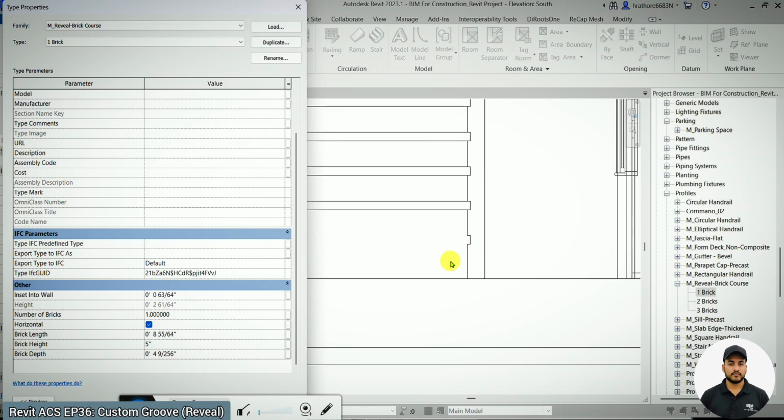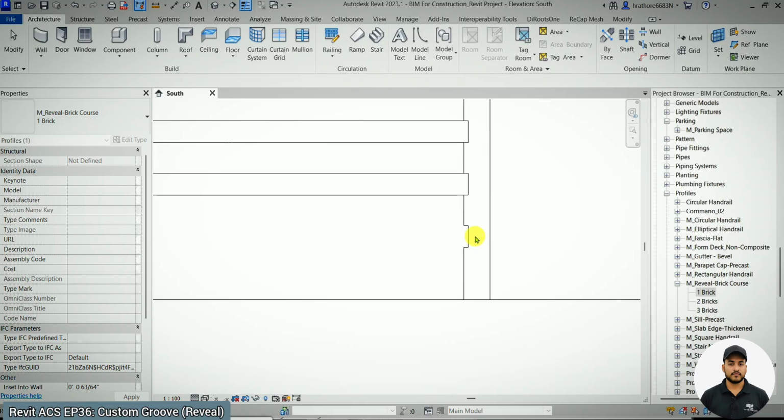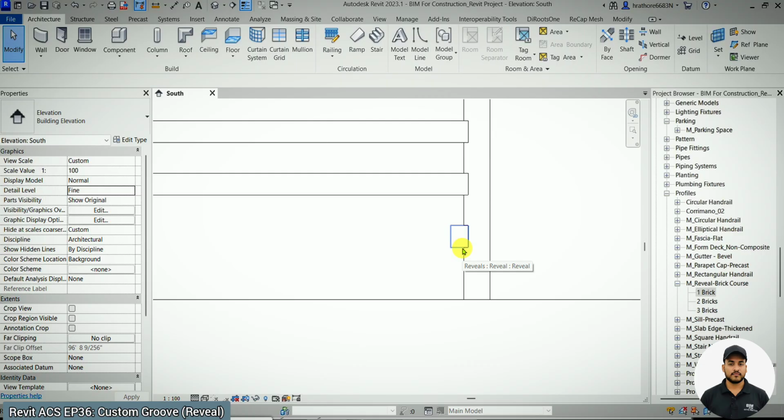So let's say 5 inch we have mentioned, apply. Okay, so you can see here the height of those grooves, the reveals, has been updated as per our requirement. Now if you see here, we are having around 4 inch depth of this groove, but right now only the particular 1.5 inch around it is inside the wall, and the rest of the profile is coming out. So if you want this profile to be more inside the wall, for that what you can do,